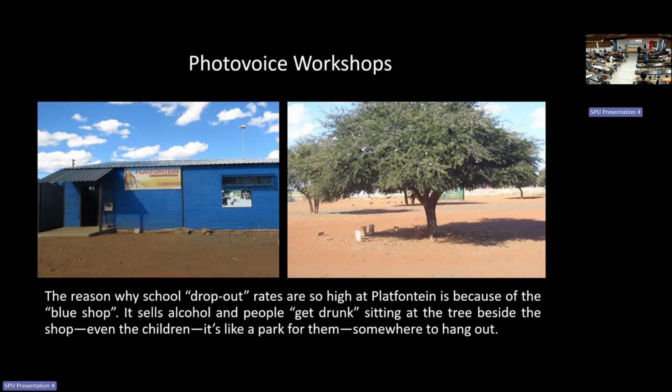We also did photo voice workshops. We only did them with the Kuil and Khwe just because of financial issues. Again, they're participatory in nature. You're probably all familiar with this because I would assume you've all gone and looked at the exhibition that was on here. At the time, the Research and Rethinking Indigeneity project was arranging a conference in Johannesburg, and we wanted